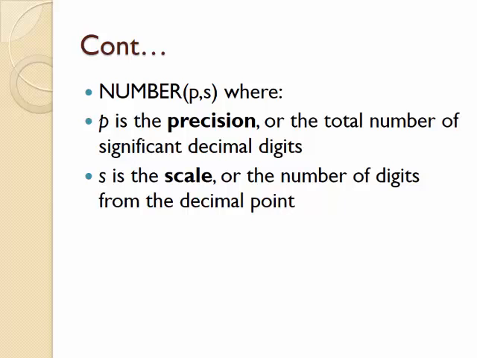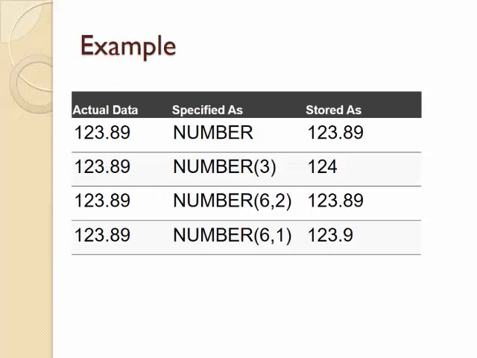well as scale. Precision means the total number of significant decimal digits, and scale means the number of digits after the decimal point. So for example, if your actual data is 123.89 and you are just specifying the number field, then it will be stored as it is. If you are specifying the number field as number 3, then the digit 123.89 will be rounded off to 3